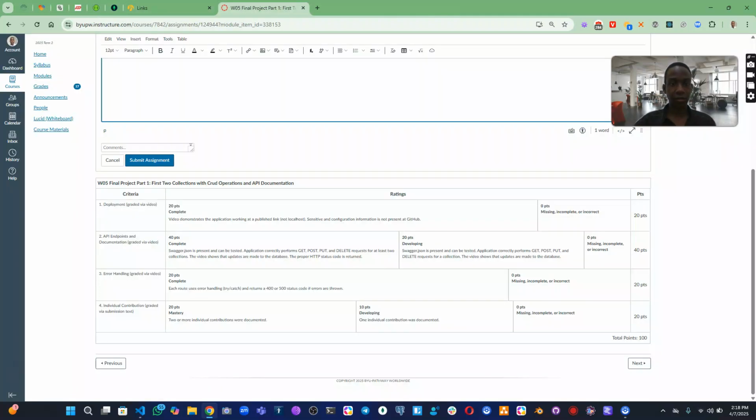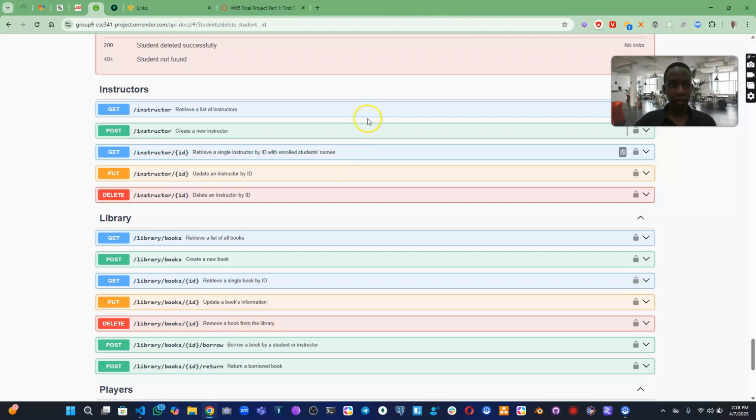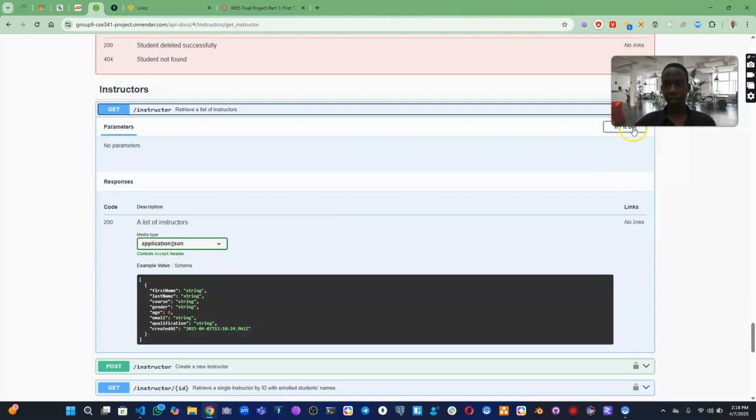Let's see what the other part is. All right, now going back to our Swagger. So we see this API is really working, and it works the same for instructors. Let's just see if we can